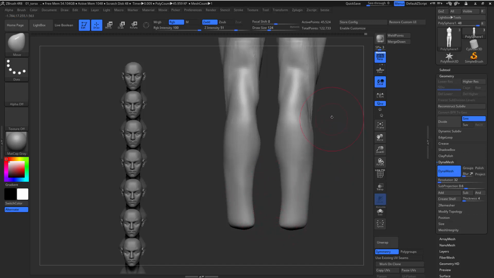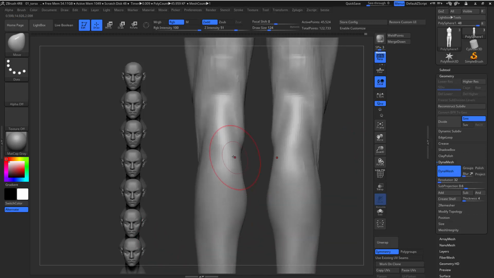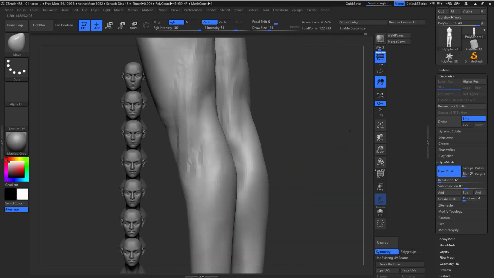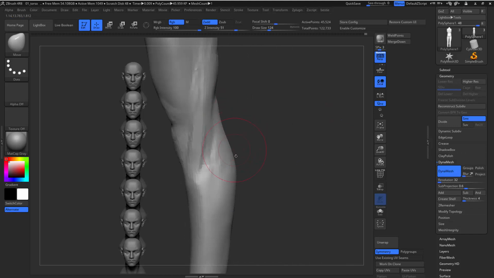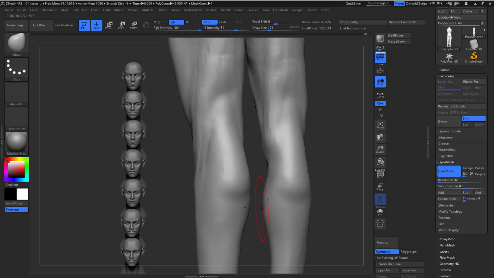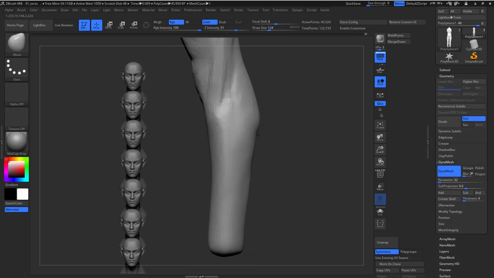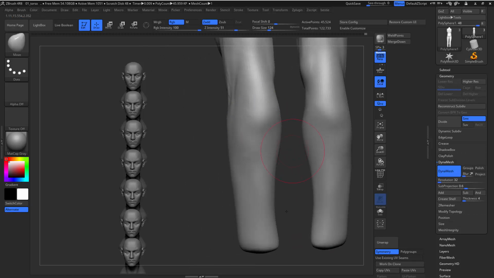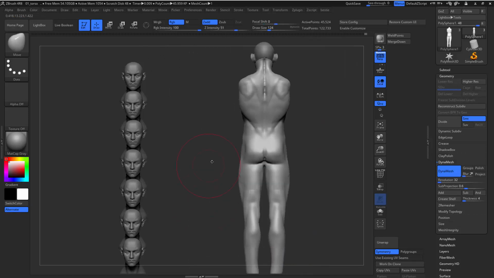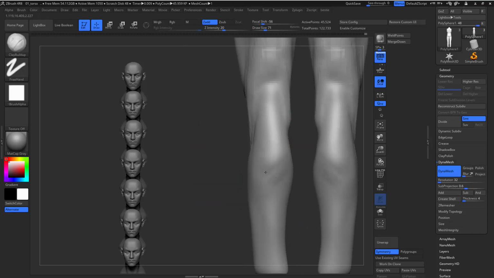Oftentimes I forget to look at my reference. It's important to look at reference, not because we don't know the structure, but it could be something that we don't remember or didn't do correctly. So yeah, anyway,